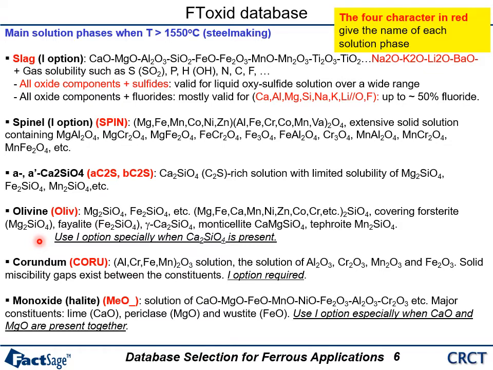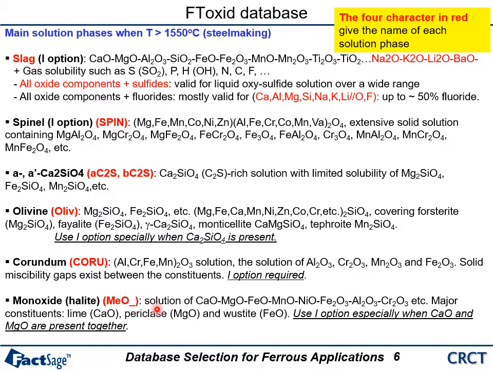Also, in inclusion calculations, we sometimes see Mn2SiO4, which is a product of Mn and Si deoxidation. Then we also have to include this one. In order to activate this kind of phase, we also have to use the olivine